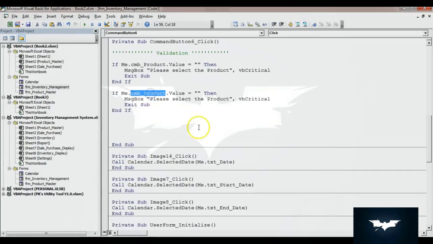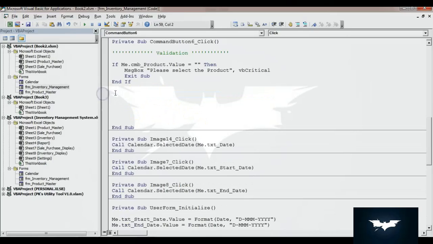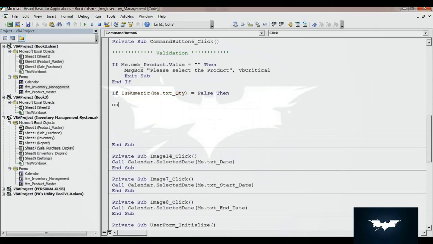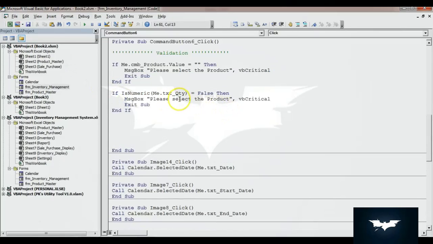The second, make sure you have put some quantity. So we will put here If IsNumeric, and we will take Me.txtQuantity is False. If it is not numeric, then we can put some message: Please enter correct quantity.